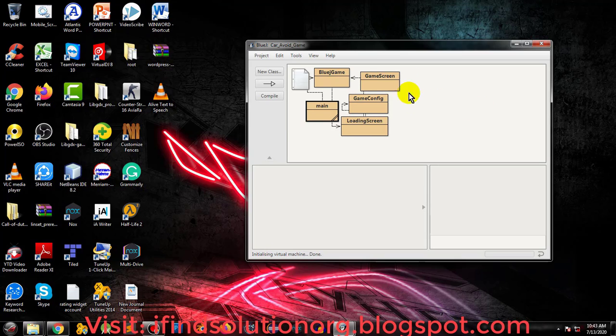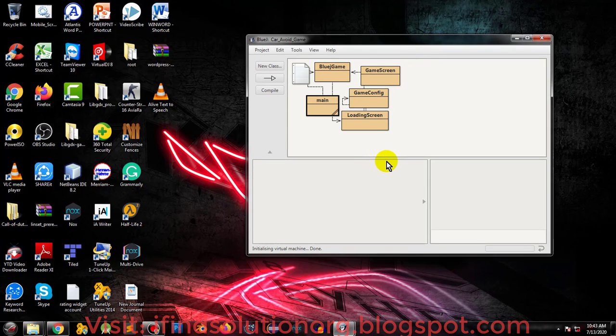So let us try how we can create that menu screen. But right now we will just use some images to represent some buttons for our menu